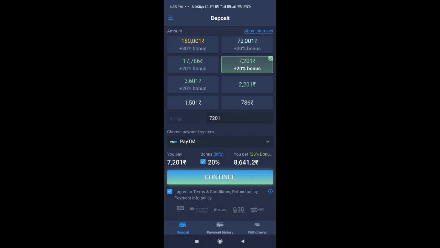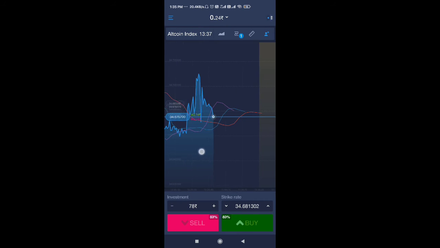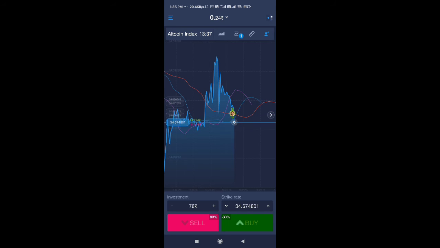After adding, you will get a transaction ID and you have to provide it, but it will not accept that transaction ID. You have to wait 8 to 9 hours or maybe 10 hours. Then if you apply the transaction ID, you will be able to add or deposit your amount in Expert Option. So this is the biggest issue, and definitely it's not a good application.